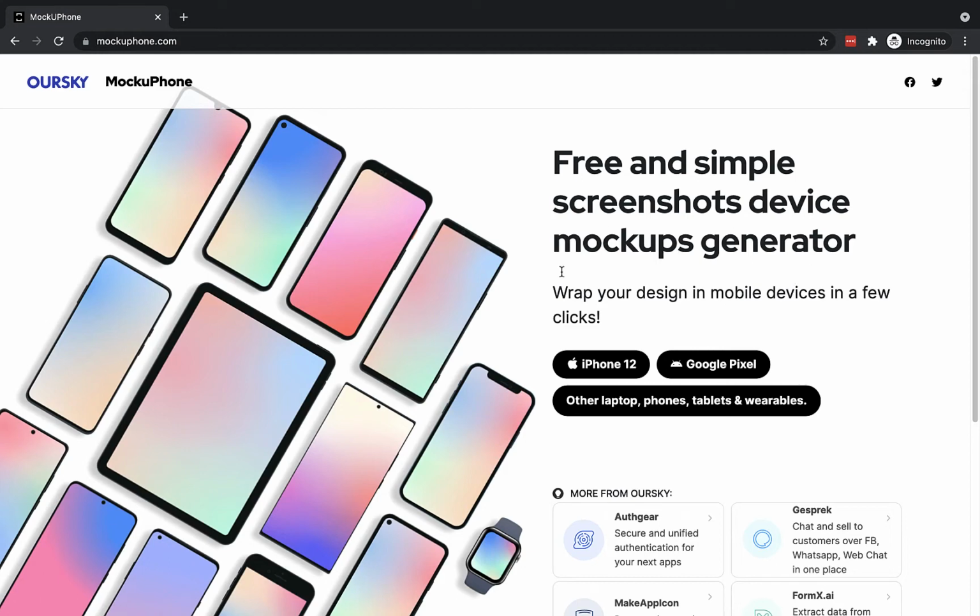So I'm going to click where it says iPhone 12 because I'm actually using an iPhone 12 myself. But it's important to make sure that you pick the phone that suits where your screenshot's coming from. So if you've taken a screenshot on an iPhone 6, for example, then you want to try and find an iPhone 6 device mockup to use so that the screen sizing is correct. But I'll click on iPhone 12,